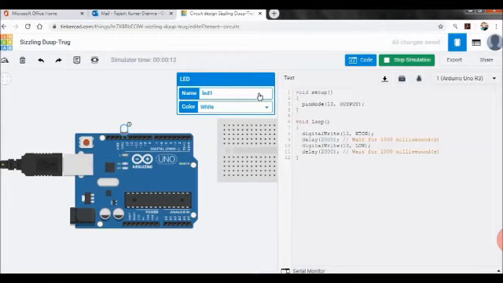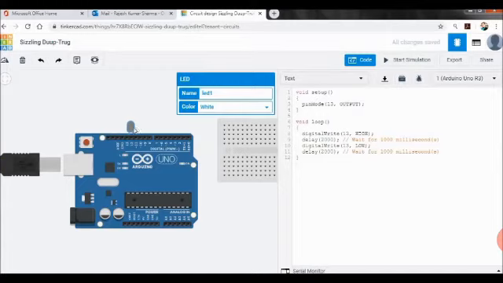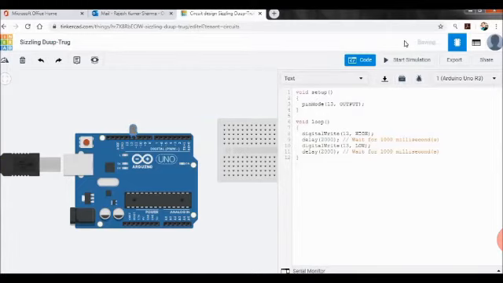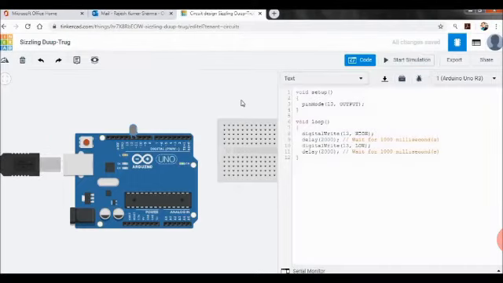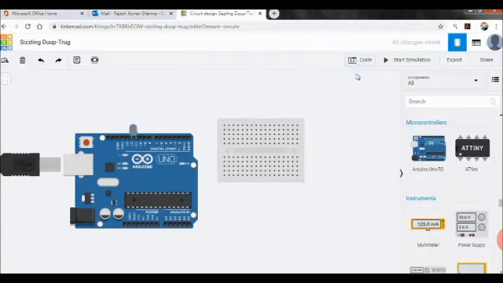Online you can make, and you can check, you can modify, you can do anything that you need to do with the components. So you can see if I have changed the position of the LED, it's not working. Program is correct, but my connection is not okay because I have inserted the LED on some other pin, and according to my program it should be on 13 only, so it is not working. So you can see how this software has been developed, where you can actually see the working of the circuit. So I hope you understood this much.